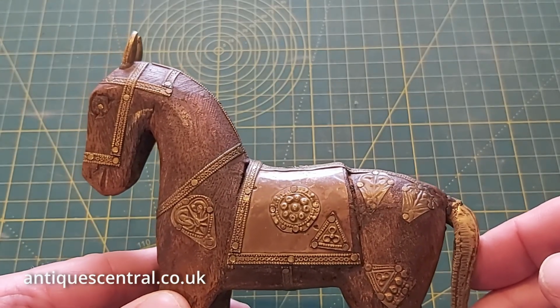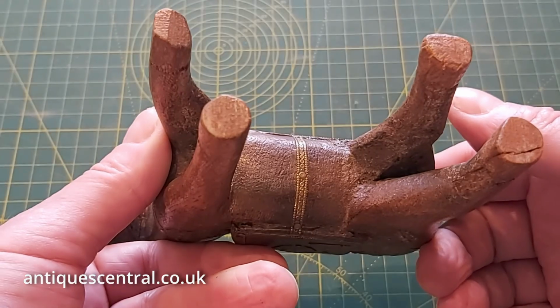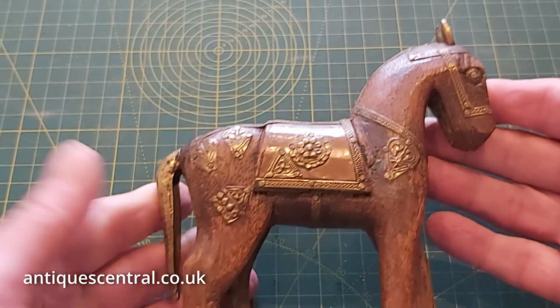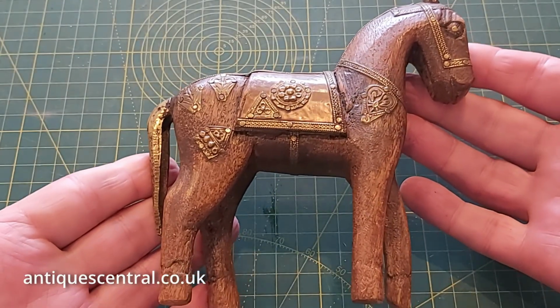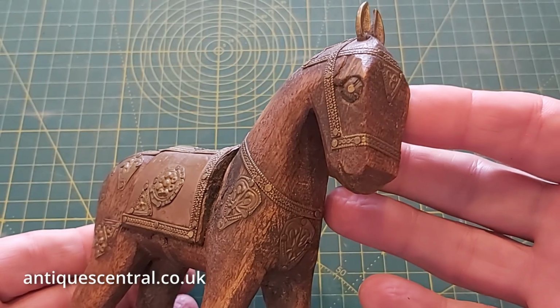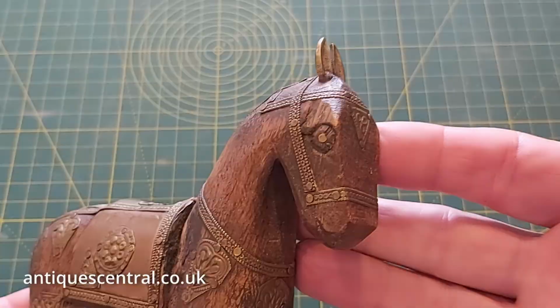You can see from its shape and form that it has an Asian or possibly Middle Eastern provenance, based on the style of carving and the manner of the decoration and engraving. It's typically Indian in my opinion, and like I said earlier, it's most likely to be Anglo-Indian, or in other words, made in India for the British market. If you disagree, let me know in the comments below, as I'm making a general assumption based on previous similar